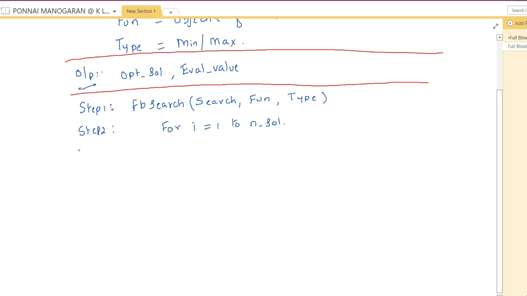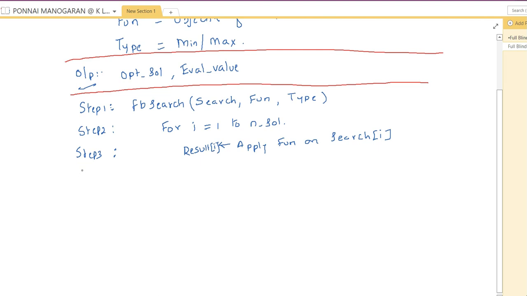This is step 3: for i equal to 1 to number of solutions, you apply the function on the search matrix, search of i, and store the result in some array, result of i. In step 4,